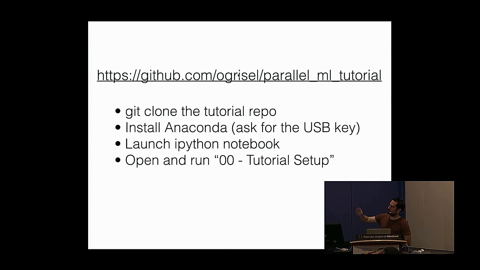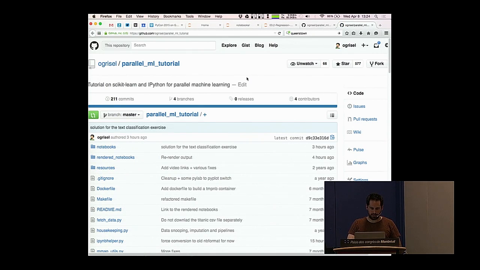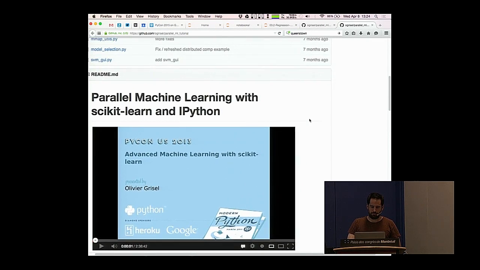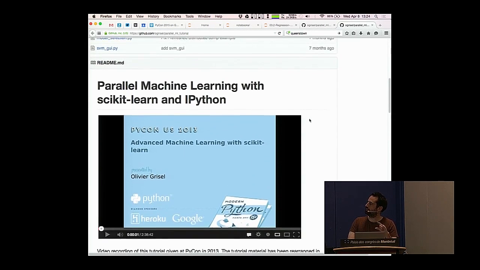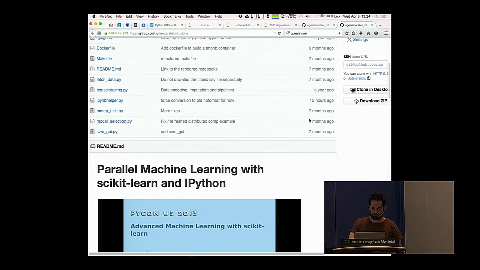And the material for this tutorial is available on my GitHub account under Paul ML tutorial. We are not gonna cover the Paul part in this session, but I'm reusing an existing repo. If you're interested in that specific part, it was presented at PyCon a couple of years ago and was recorded. So we will cover stuff that is complementary. There is a bit of overlap, but if you're interested in the other notebooks, you can also have a look